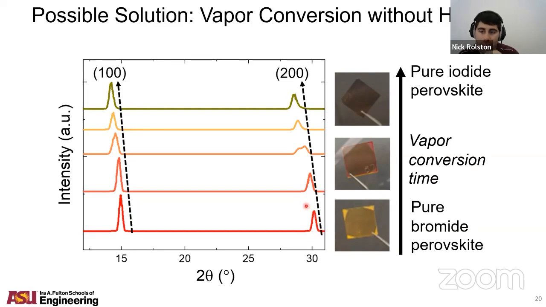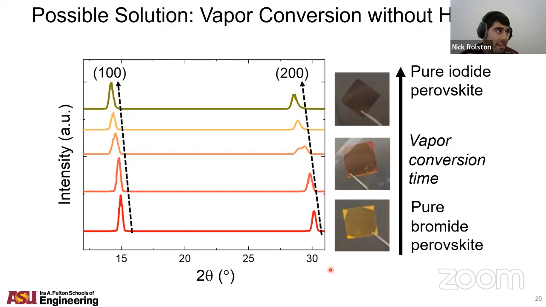Over time, with more vapor conversion, we are able to see the transition from the bromide-based perovskite to an iodide-based perovskite. We are getting very close to pure iodide perovskites, and we're hoping that through this method we'll be able to measure and actually obtain these compressive stresses to increase the overall